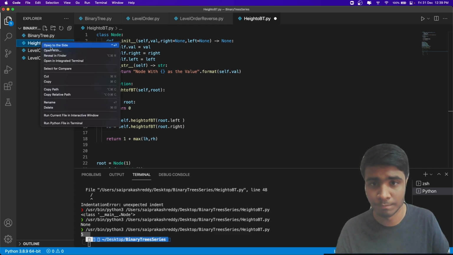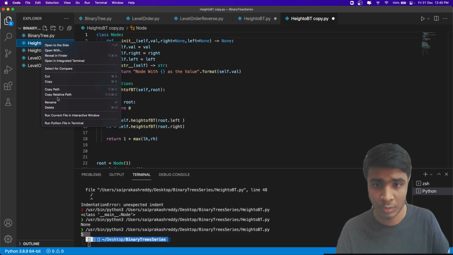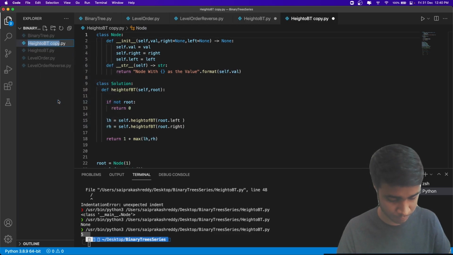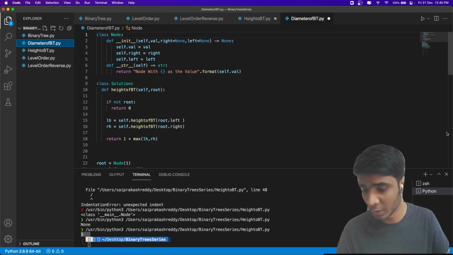Okay. Let me just copy this, paste it here, and name it diameter of binary tree. And believe it or not, guys, this diameter question, I was asked in one of a mock